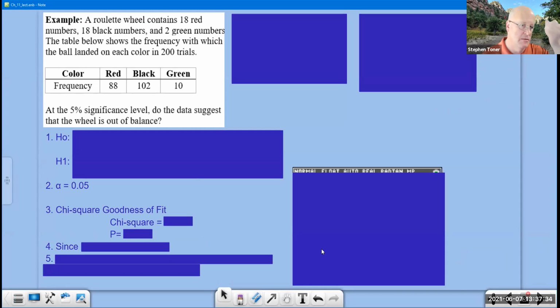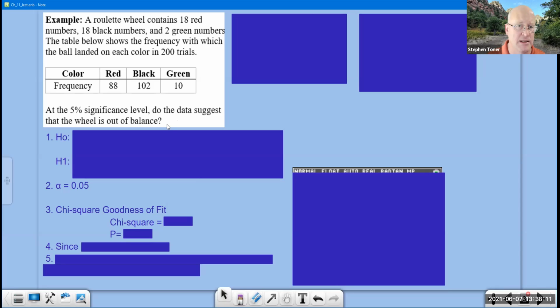I've got another problem, and this one's totally different. A roulette wheel contains 18 red numbers, 18 black numbers, and 2 green numbers. Basically there's 38 spaces on a roulette wheel, and the red and black go back and forth, evens and odds up to number 36, and then you've got the 0 and the 00 position, which are the green numbers. So at the 5% significance level, after we spin this 200 times, we want to see, is this thing in